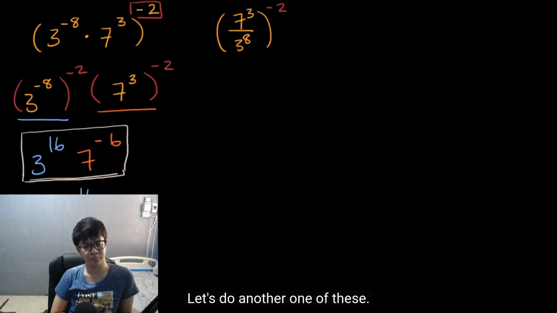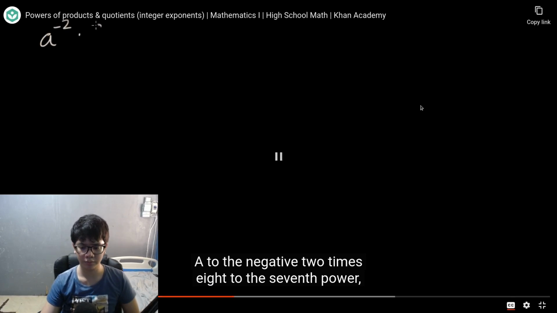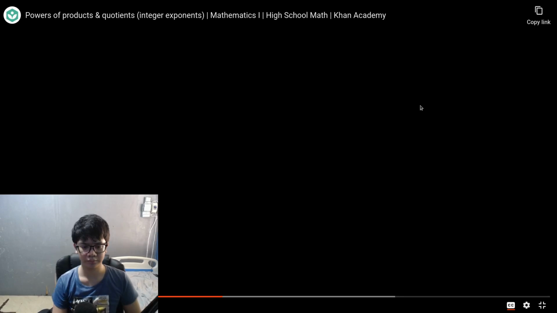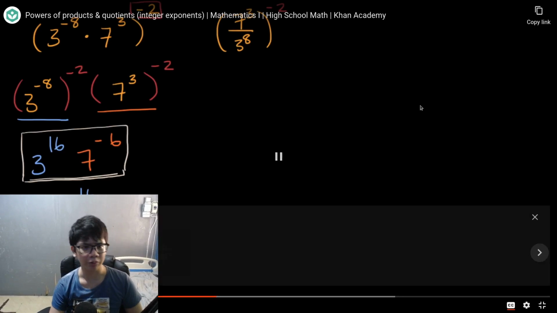Let's do another one of these. So let's say that we have a to the negative 2 times, let's say that it would be